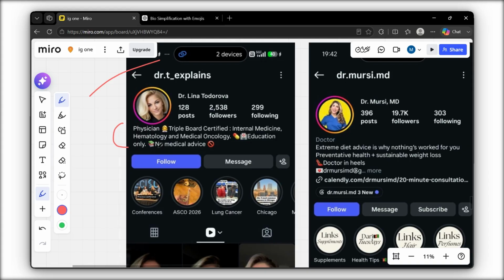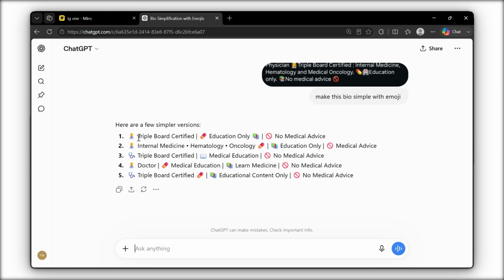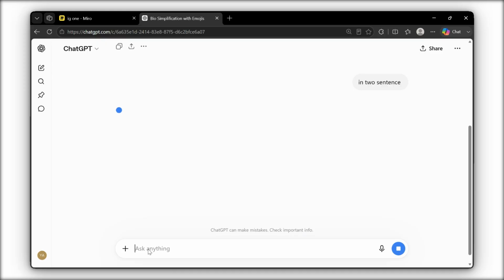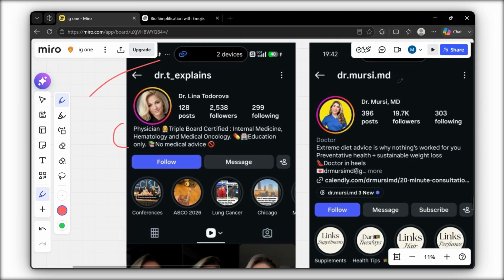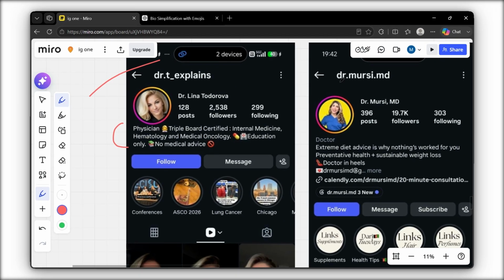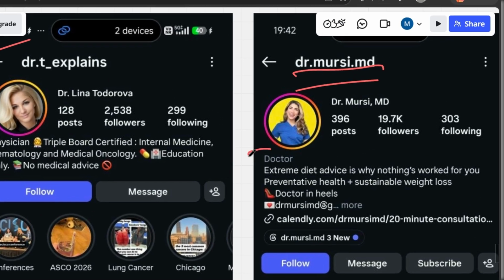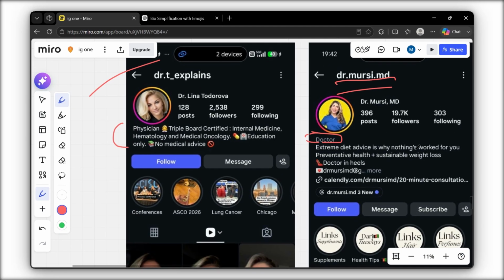It is very difficult to read, right? So here see, it is triple board certified, educationally, no medical advice, doctor, medical education, learn medicine, no medical advice, right? In two sentences, right? This will work well, because for example, if I see this profile, Dr. Mursi, she has a clear username, right? Anyone can understand, anyone can search her username, right? And her bio clearly says she's a doctor, and extreme diet advice is why nothing works for